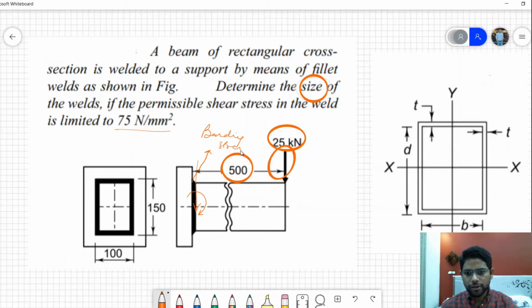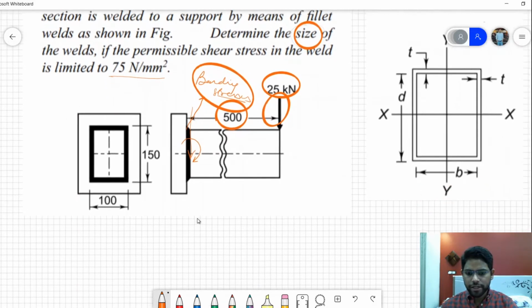So you can see that it's very important to first of all identify the category of the question. Since the load is out of the plane, because of this bending moment there will be bending stresses. Had it been in the same plane as that of the weld, there would be secondary shear stress induced in the weld. Anyhow, for this question there will be bending stresses because of this bending moment, and because of this load acting at the center of gravity there will be primary shear stresses. So first of all, let's calculate the value of primary shear stress.